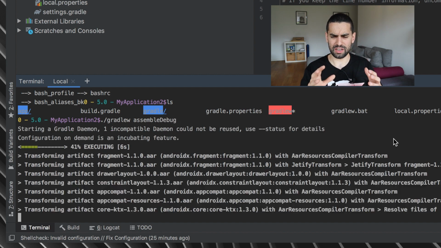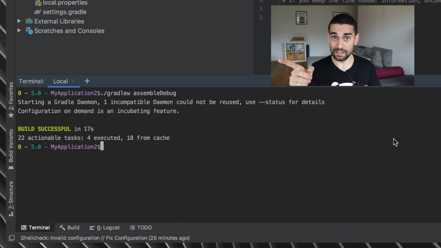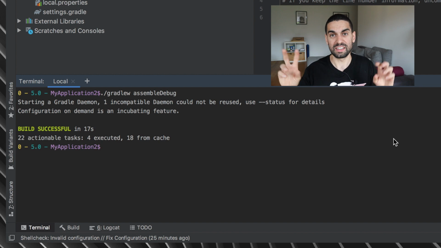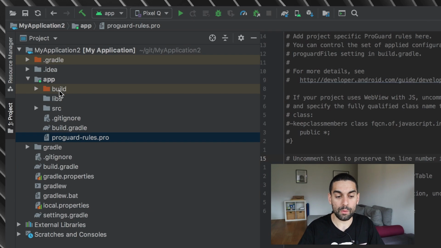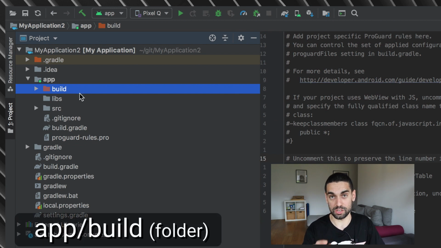Once that's running, let me just explain. The assembleDebug Gradle task is essentially the task that says, hey, please build my app, build a version of my app. And particularly we're asking for the debug, the developer build of the app. So that's just finished, and you can see now back in our app module, we now have this build folder, which is the one that I was wanting